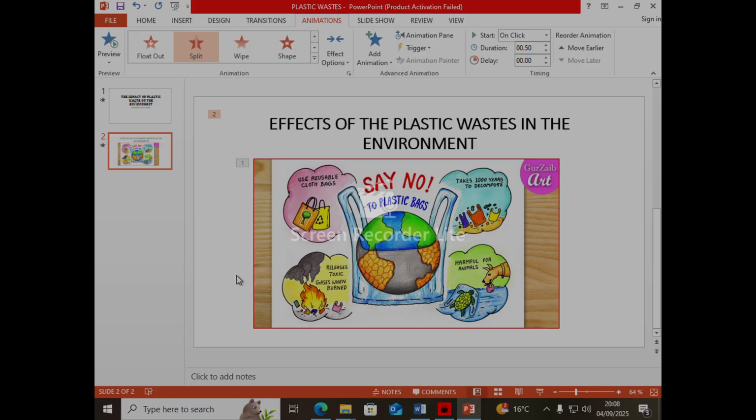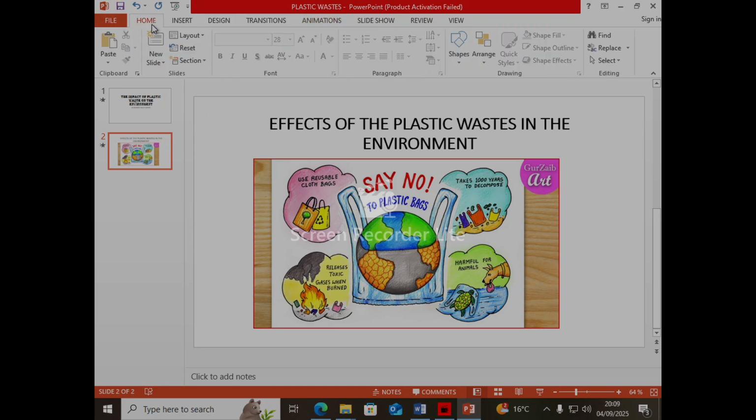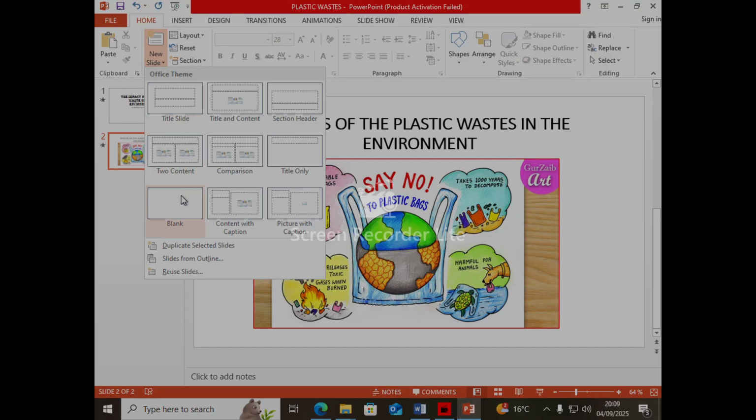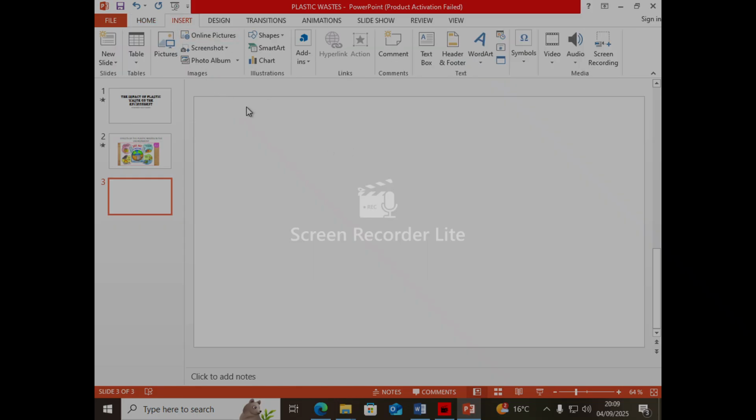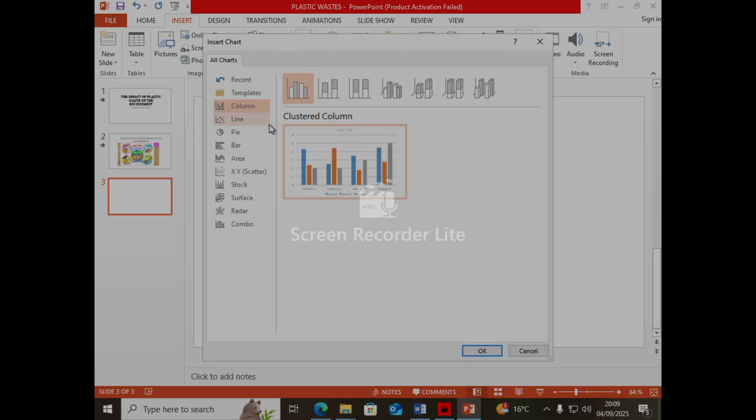They are saying now they also want us to create a chart showing plastic waste statistics in Uganda over the past 5 years. Therefore, I must come and look for the appropriate slide, which must be the blank page now. Blank this one, because I'm supposed to draw a graph there. Now I come to Insert, and seeing charts here, I use this. If you have already your work